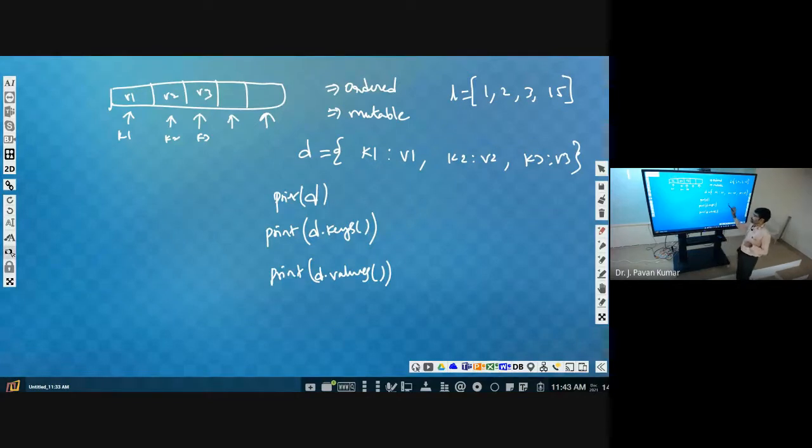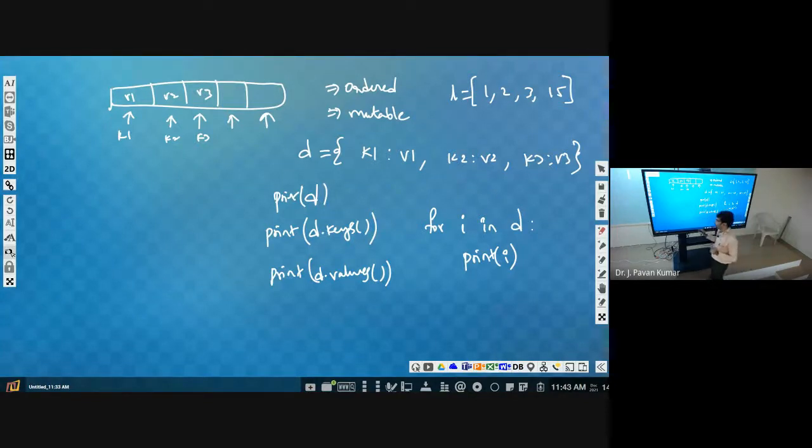As we used a for loop to display character by character in a string, here also we can use a for loop. Suppose D is a dictionary, then for I in D, print I, and it will take one key at a time.